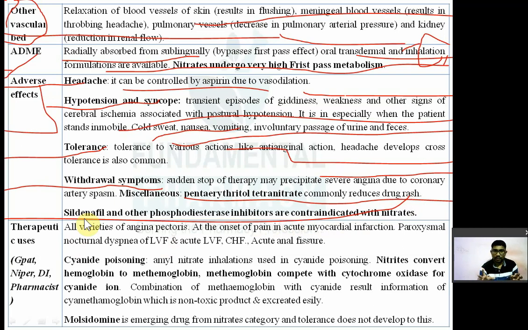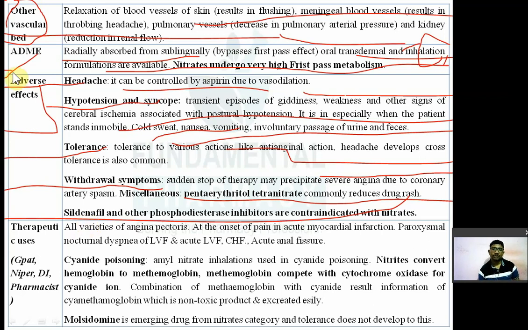Okay. Now the enzyme that metabolizes GMP is phosphodiesterase. Phosphodiesterase will metabolize the GMP. So if phosphodiesterase inhibitors are used, there is no metabolism of cyclic GMP, and ultimately there is an increase in the level of cyclic GMP. That will also cause vasodilation. So if both are combined, what happens? Severe hypotension. So that's why phosphodiesterase inhibitors and nitrates are contraindicated together.